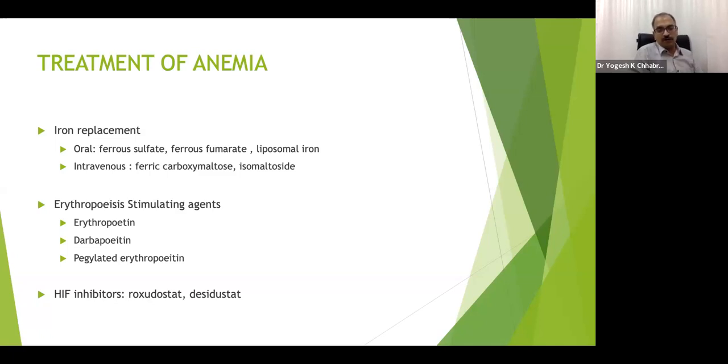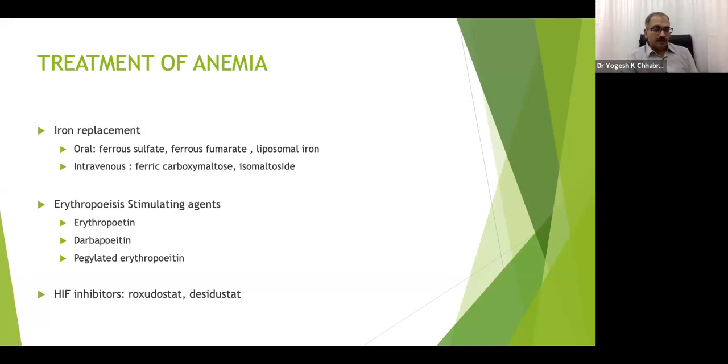The target which we would like to achieve for hemoglobin is around 10.5 to 11.5. We try avoiding going beyond 12 because the chances of cardiovascular mortalities and CVA increase tremendously. The chances of proliferation of malignancy go further up once we try to achieve a target above 12.